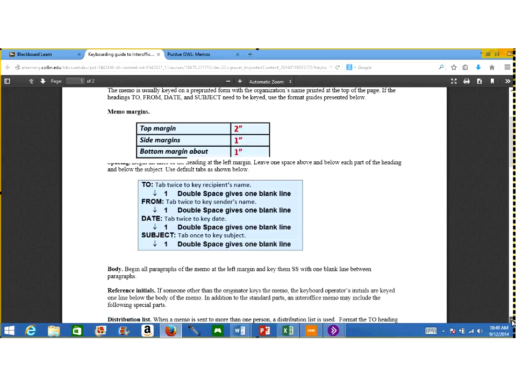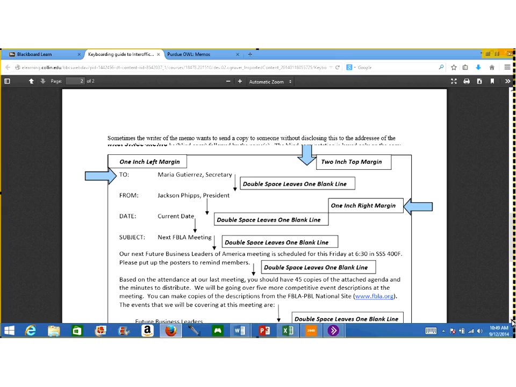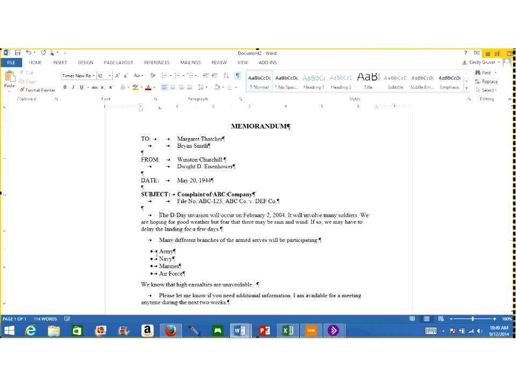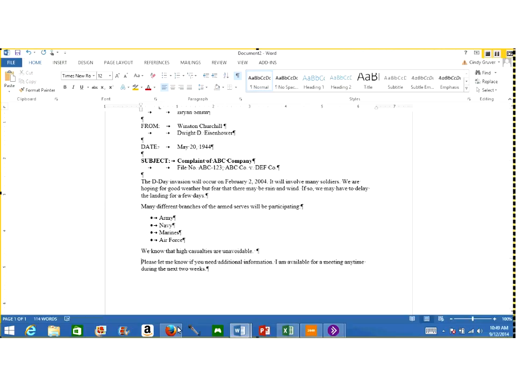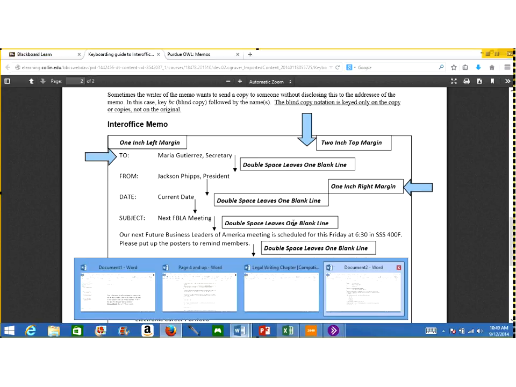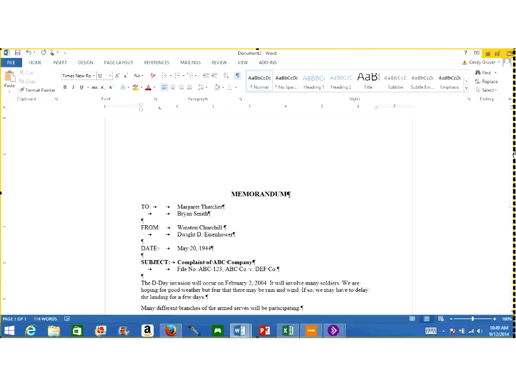Okay, they are in our guidance here. You can see there's a format here. They are not saying that we're going to do this intention, so we're going to take that away because we're going to follow our style manual. And you can see here, this is going to give you an example. Now one thing in this example, they don't say memorandum here. For my example, I've included it. But that's optional. You can include memorandum or interoffice memorandum, or you can leave that off. Either way is